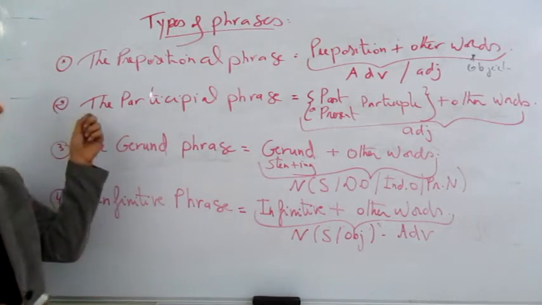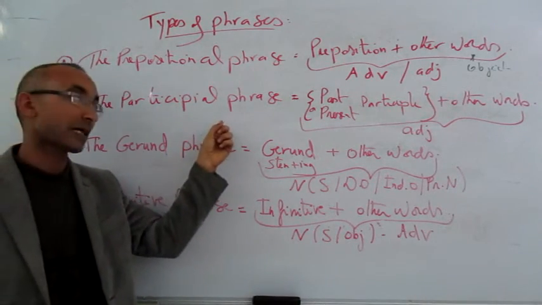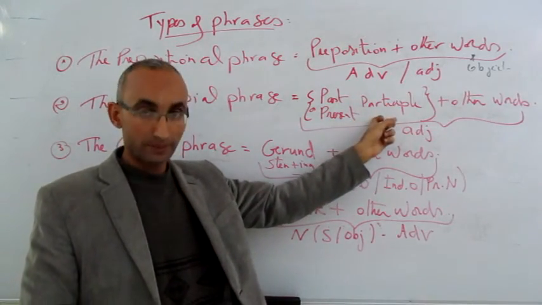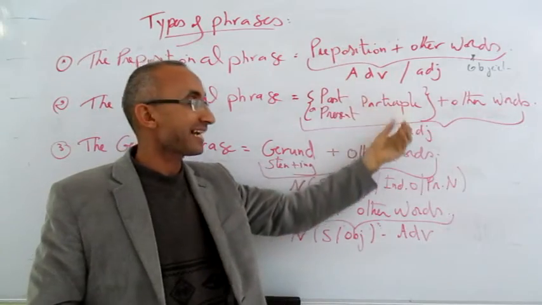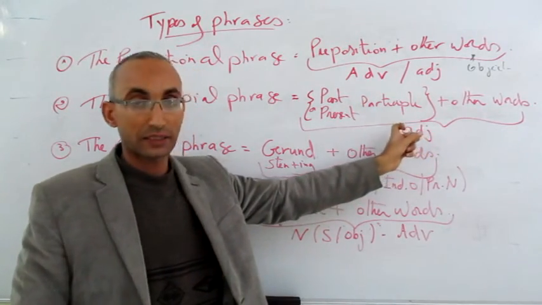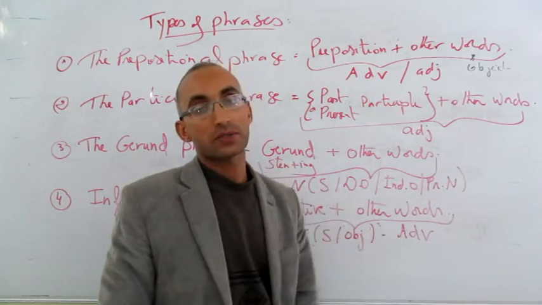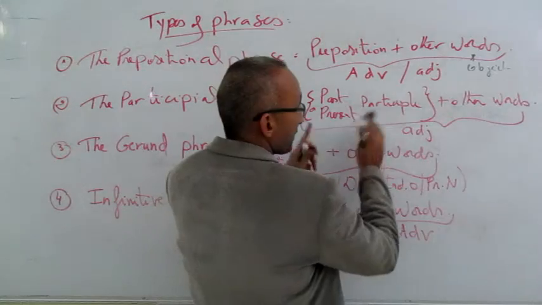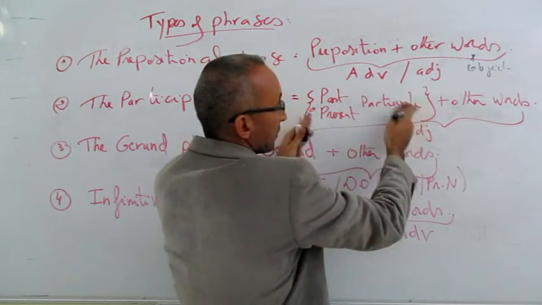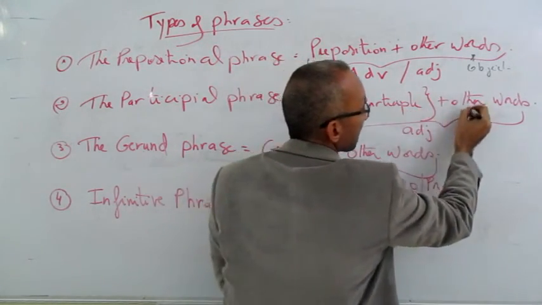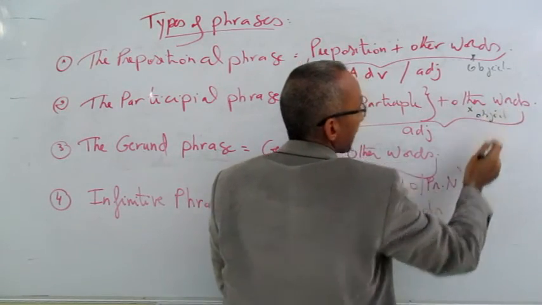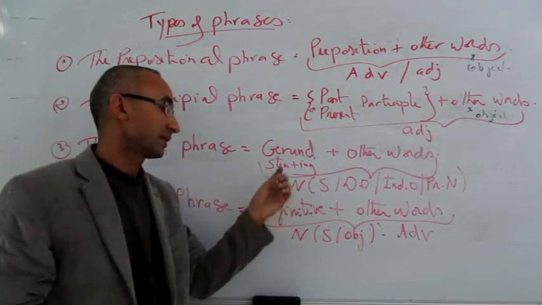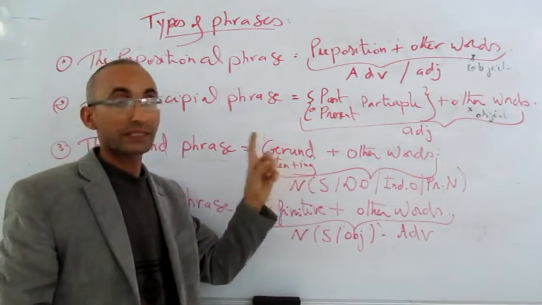Second type is the participial phrase. It starts either with the past participle or present participle, standing, which always acts as an adjective to modify a noun it refers to. Also the noun after it, inside, this phrase is called what? Object. Right, object. Good. Gerund phrase also starts with the gerund, ing, which usually acts as a noun,